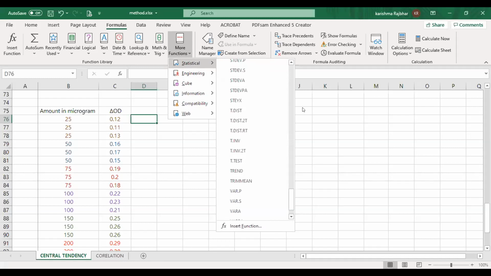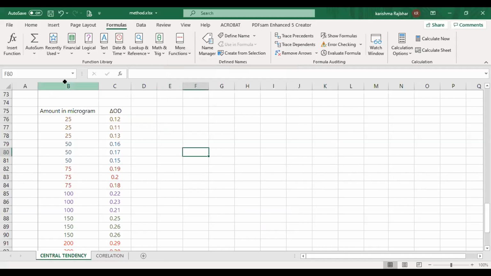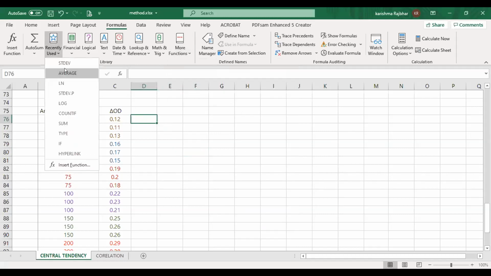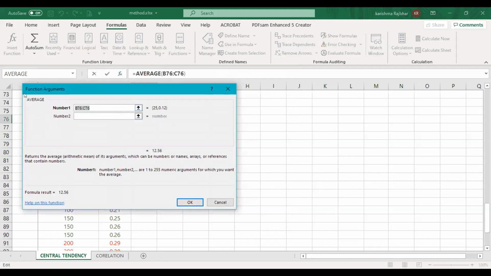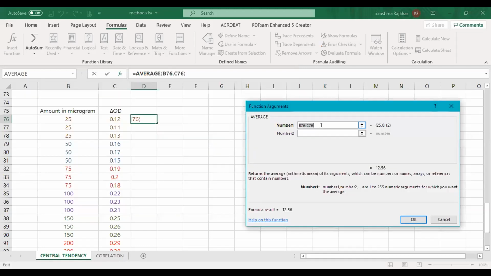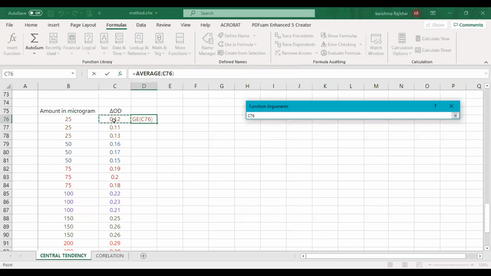Okay. Now this is an example. So I am just making a selection. I am taking an average. Average means mean. And see, there is a pop-up of this. Now this pop-up is actually for the selection of your data. Okay. So I will select here and make a selection of the column for which I want the average.